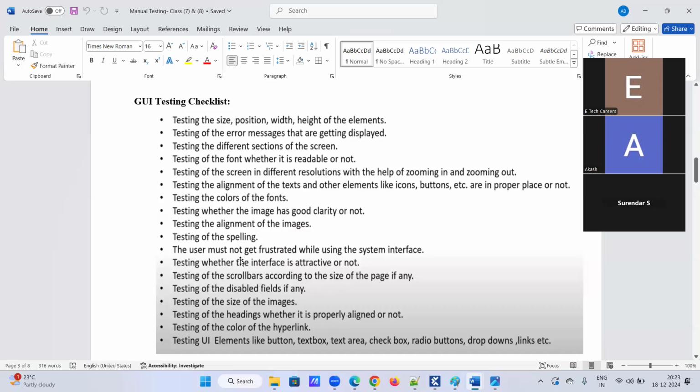And next one, the user must not get frustrated while using the system interface. As I said, the first interface is the UI part, where the user will use it. So the user should be attracted to the application. We should not frustrate them by the font or color or size, anything. So first priority will go to the UI because the user will interact with the UI only. If the UI is ugly, next time the user will not use it. It should be very clear and cool fonts should be used. We have to make sure of that while testing the UI. And next point, testing whether the interface is attractive or not. So interface means UI,